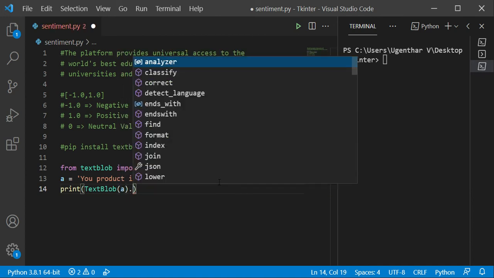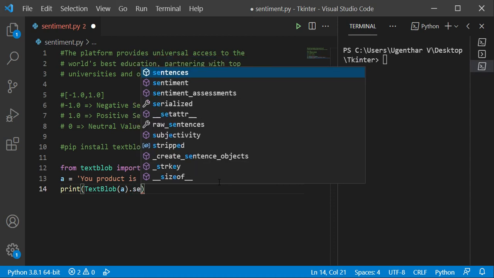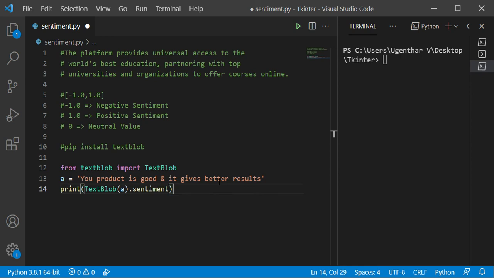Now you give the sentence to the TextBlob function. After that you can generate the sentiment like this. Now let me run this code.